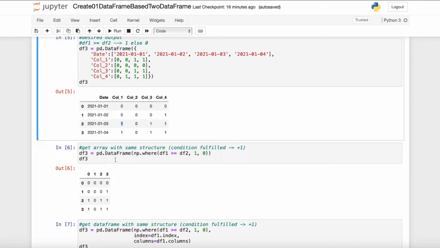We can actually do that with the np.where function, and then we just use the condition, which is data frame 1 bigger equal data frame 2. If that is true, then we assign a 1, and in the other case we assign a 0. And then we need to use the pd.DataFrame function so that we can convert the array we have within here